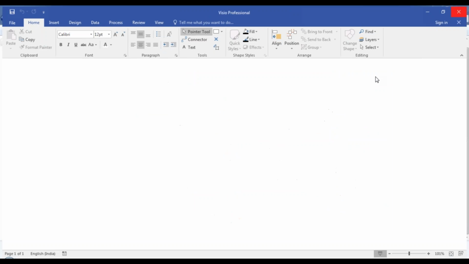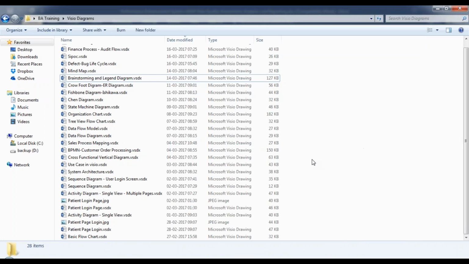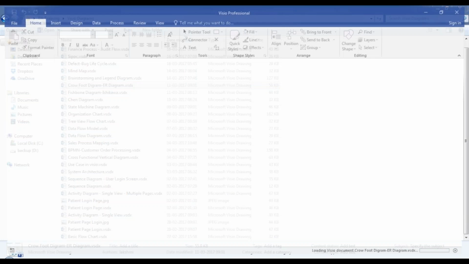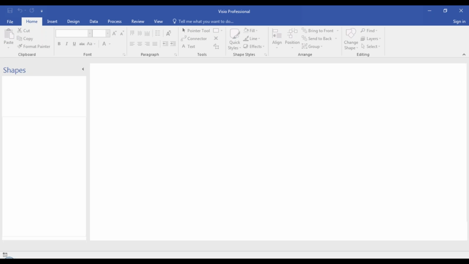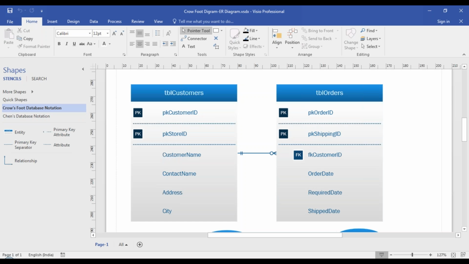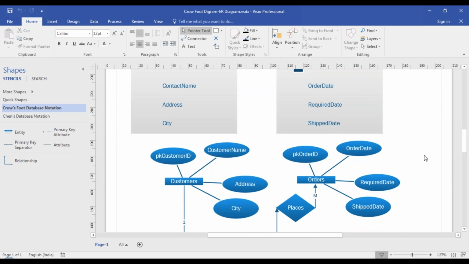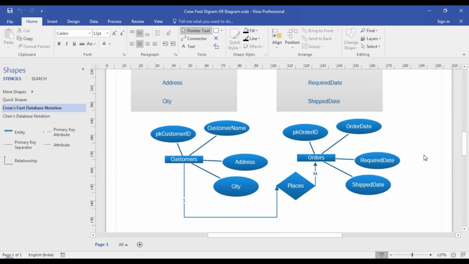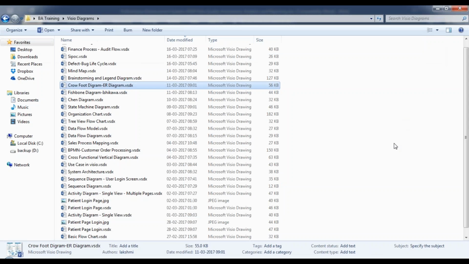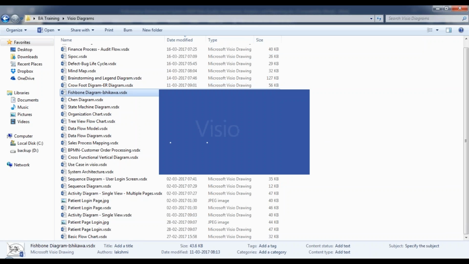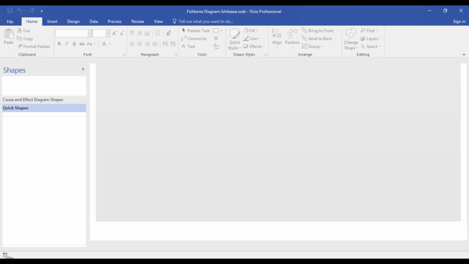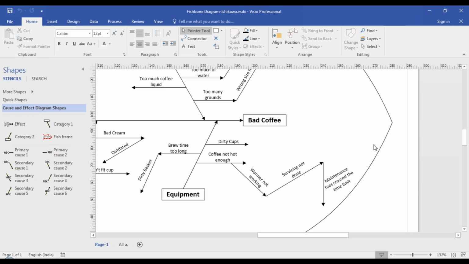So we will see all the diagrams and how to create these diagrams. We'll see a Crowfoot diagram or the entity relationship diagram, ER diagram, to define a database relationship. I will also teach you concepts relating to database management, RDBMS. I will give you an idea of what is a data warehouse or data mart, which you might be expected to work with as a part of the business analysis process. Though it might sound a little different, I will try to make it much easier for you all by giving you real-time examples.